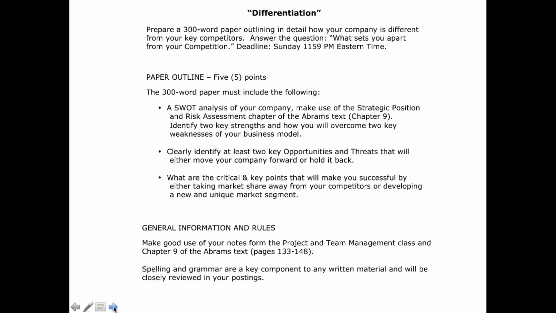And like I said, the two key strengths, two key weaknesses, you can control those, and so you can offset them pretty easily, or use them as promotion. That's your strengths, but those are internal things. But in your industry, what are the opportunities and threats you see? And this is, again, why you've got to continually do research, keep an eye on the technology, keep an eye on